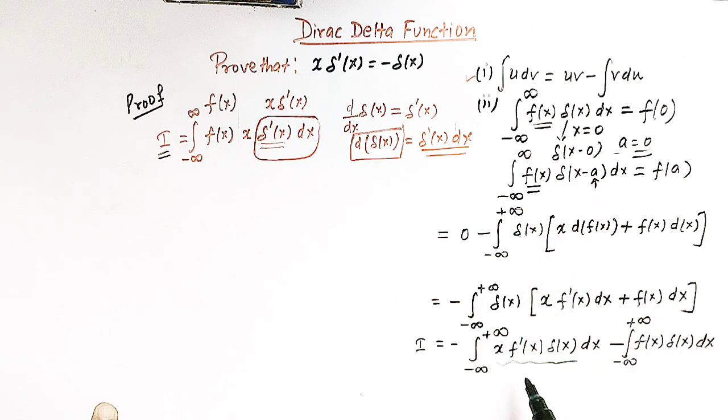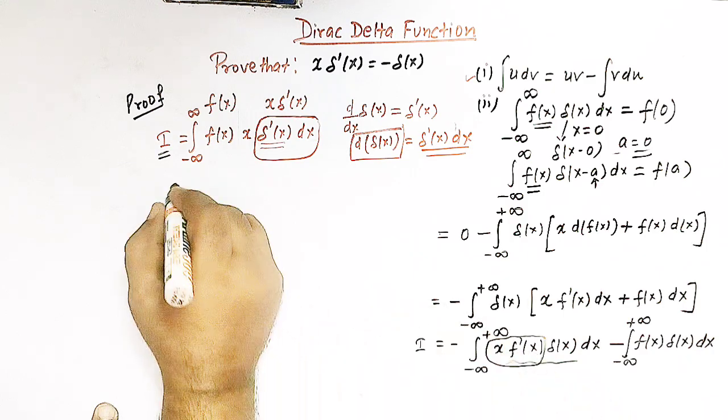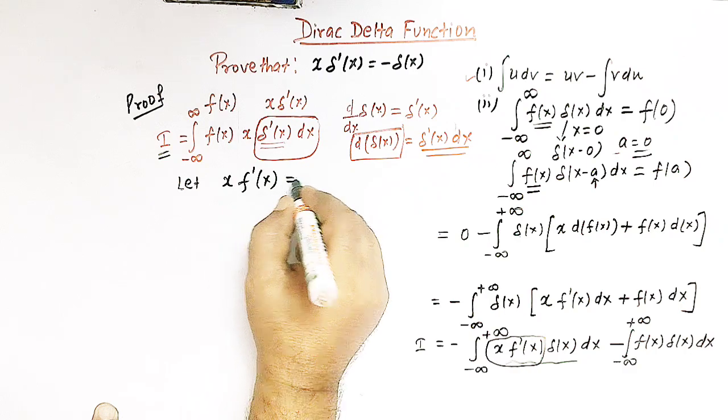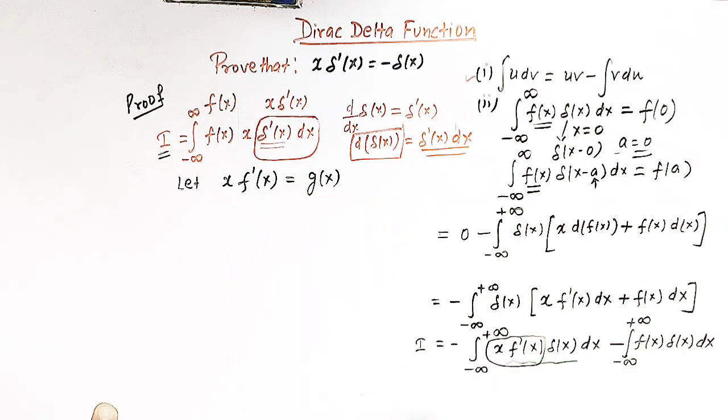Here we have the function x times f prime of x, so let us take x f prime of x as g of x. So this integral is now the integral from minus infinity to infinity of g of x delta of x dx,